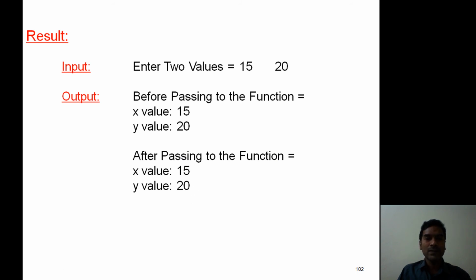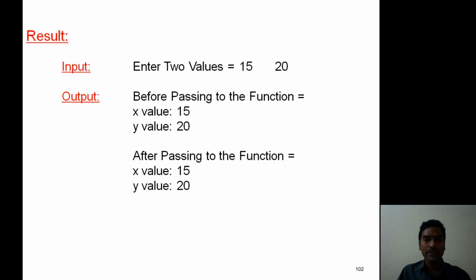Okay. So remember, the process of passing the actual value of the variable as an argument to a function is known as call by value. In this mechanism, only a copy of the value is passed as an argument to the function, and these values are temporarily stored in the formal arguments of the function definition. So if we make any changes inside the function, those changes are not recognized by the original function.